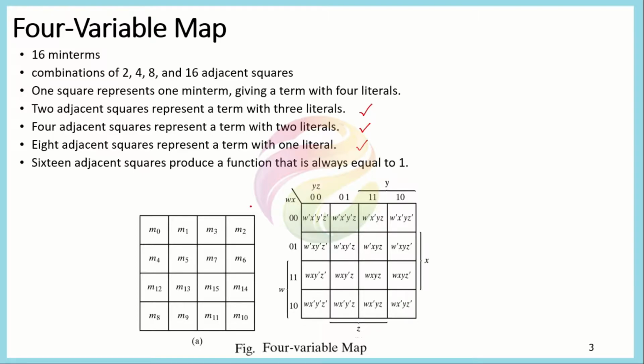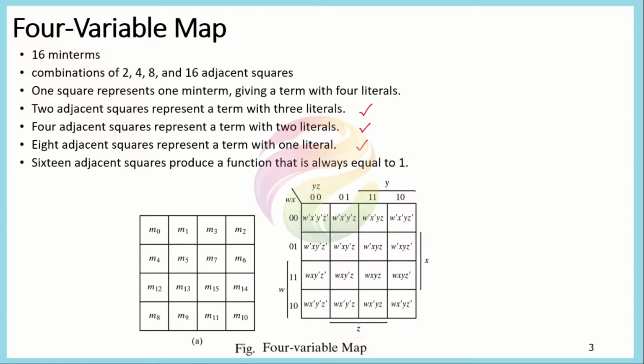And in this way we usually express the K-map in gray code. The first two are the same as we discussed in the three variable map. Now for the fourth variable, these min terms are a little bit different, but if you follow the gray code pattern, you will understand them. These are M12, 13, 15 and 14. This is M8, 9, 11 and 10. These terms are arranged according to the gray code pattern.